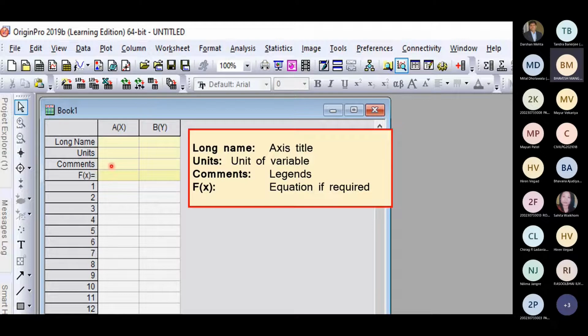In some plots, suppose two or three lines we want to plot, so what the first line indicates, what the second line indicates, what the third line indicates, those legends we have to write in the comments. And in the function, we can write any equation if required, like x by y, x into y, right? So that can be done here.